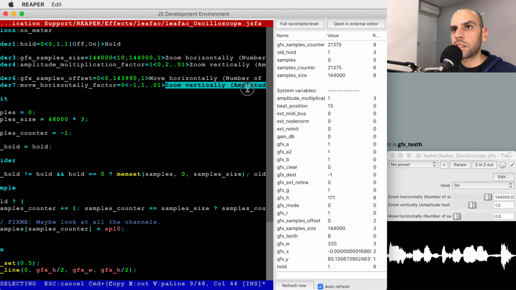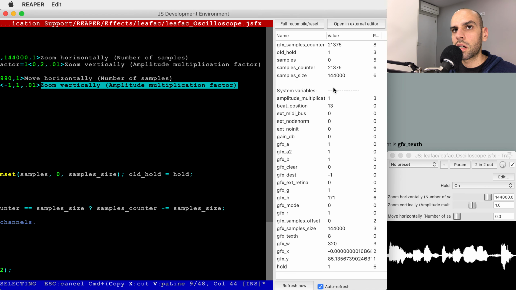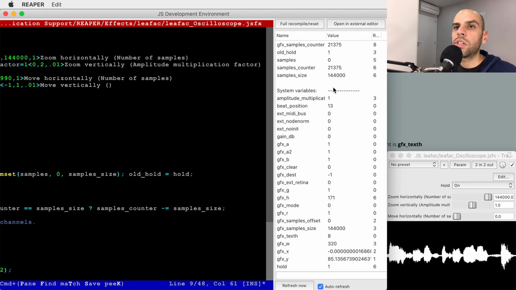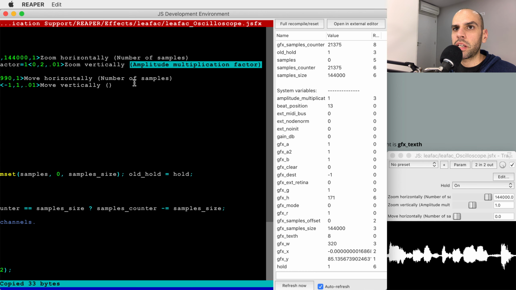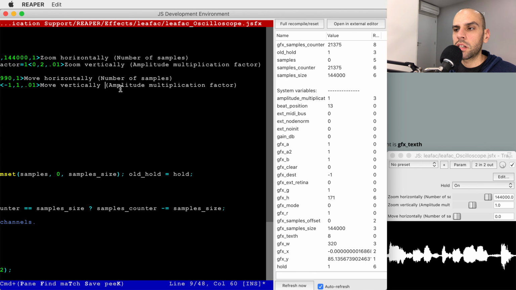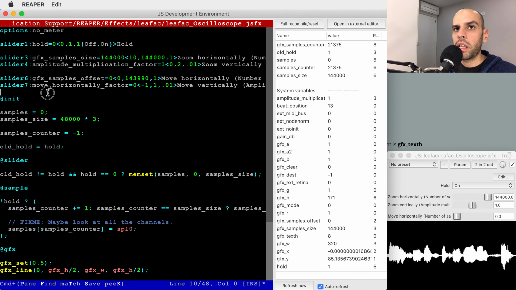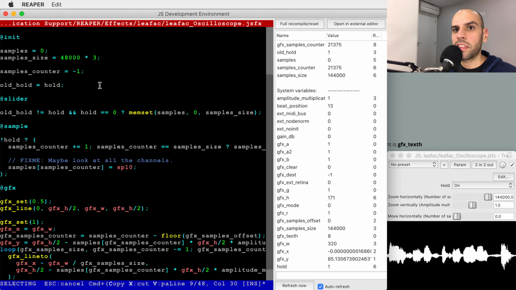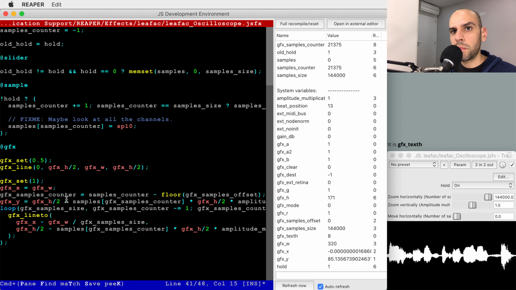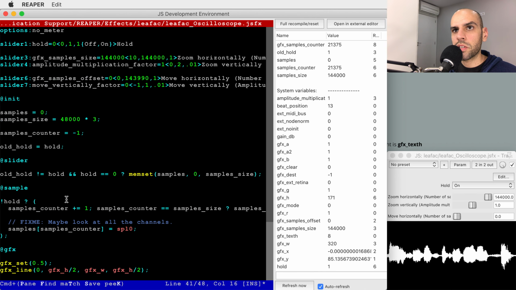And I will call this move vertically. And the unit here will be also kind of an amplitude multiplication factor, I guess. Similar. It's going from 0 to 1. And it's not moving horizontally, it's move vertically factor. Got this. So now I am starting here in the middle, plus, or actually minus, as we learned,